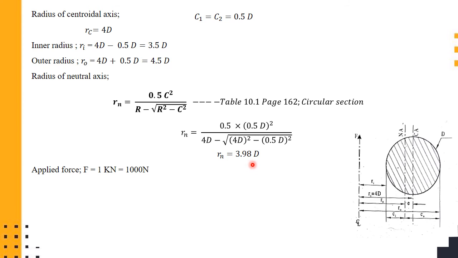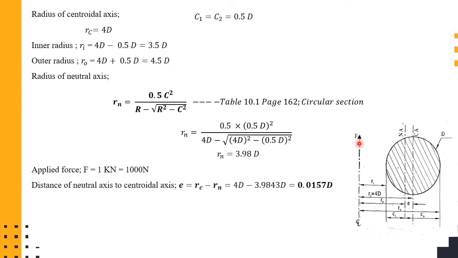In terms of D. For the remaining things, the applied force, as you know, is around 1 kilonewton. Write it in terms of Newton itself. Don't keep it in terms of kilonewton. Otherwise our further units we may have to consider again while we calculate the moment, and if you miss that, the entire answer will go wrong. So keep it in terms of Newton.